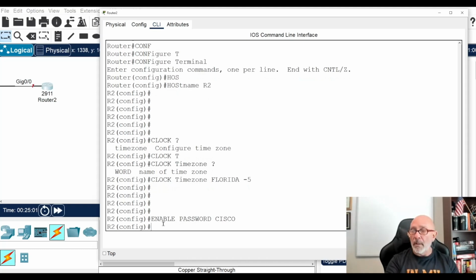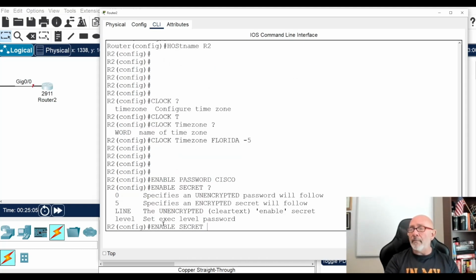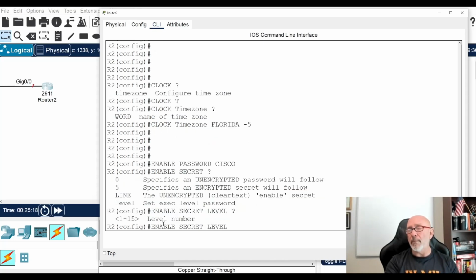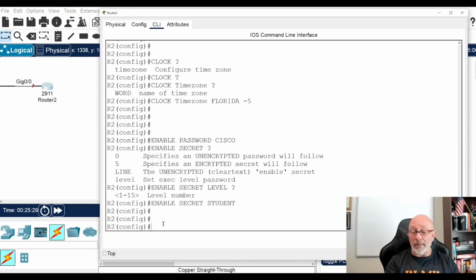Plain text password. Enable secret. Let me see if indeed we don't have that. All right, yeah, see, secret, and then you just put in the name, level, set the exact level password. All right, enable secret student. So what does that do?